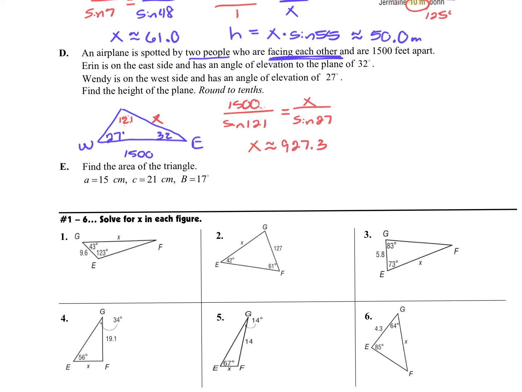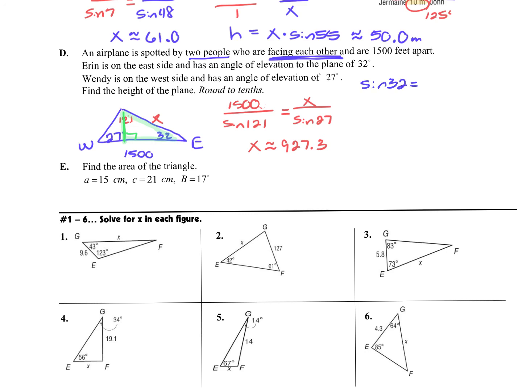Now, once you've done that, we're going to use this number just like we did before. We're going to draw in the height of the triangle. We're going to look now at this nice right triangle here. And we're just going to do our good old SOHCAHTOA. So where this is going to be our angle, we want this height. We have this hypotenuse. So we're going to say the sine of